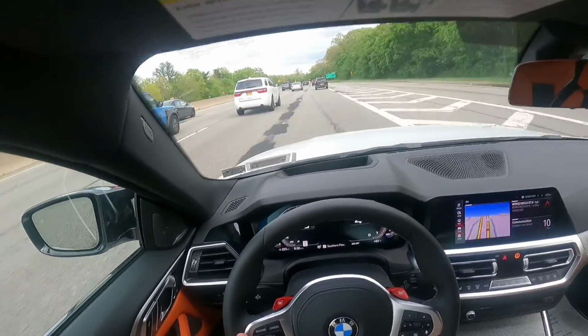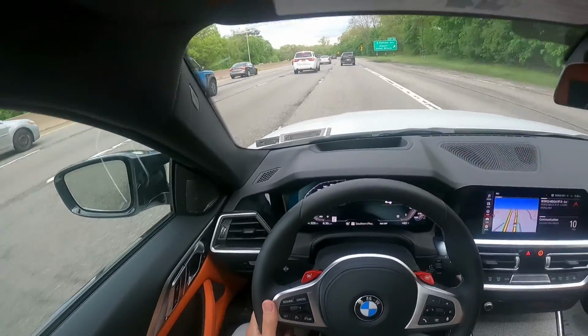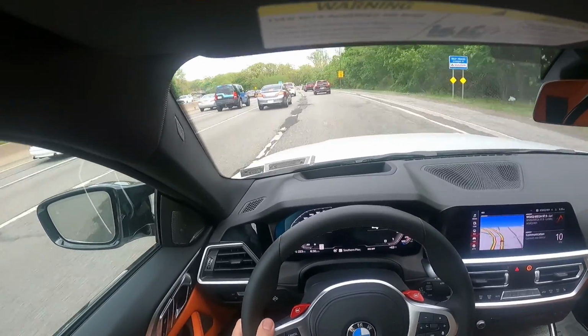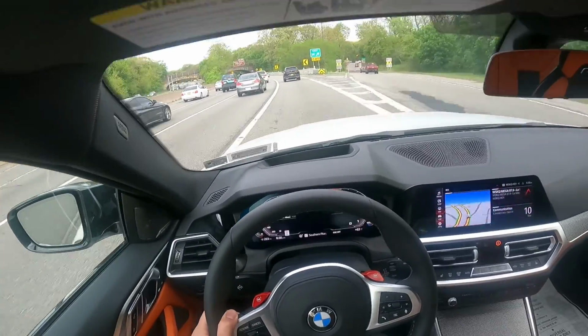And not even to the limit. You push this car, you're gonna get a ticket. Especially here in New York. See the road all messed up. Like you gotta go really up on the island and get some nice road to really enjoy this car. But other than that, man, yeah, I give this car like